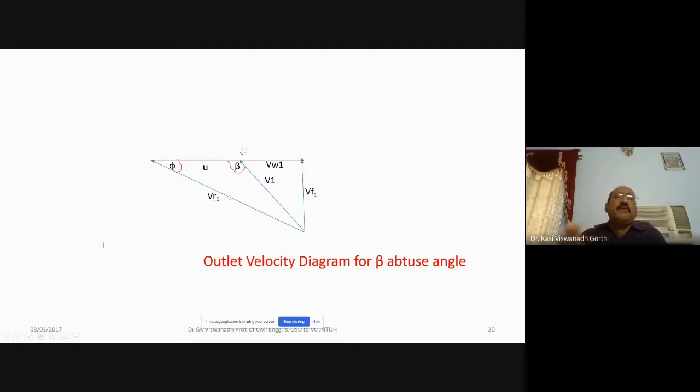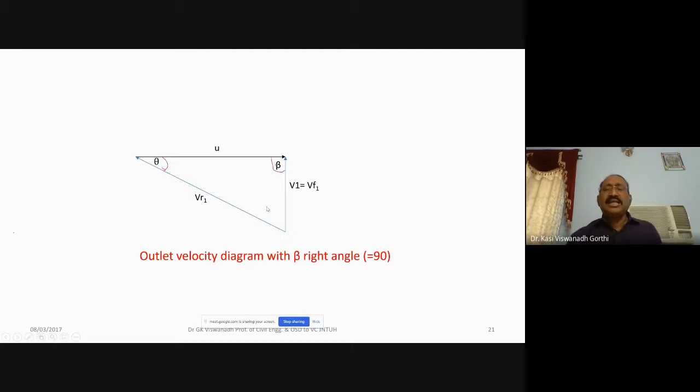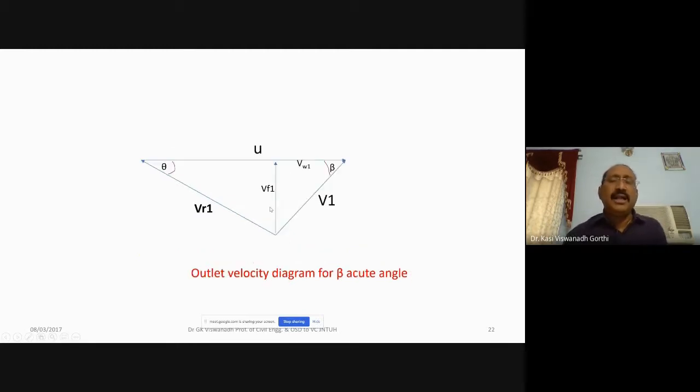Some of the textbooks, to avoid any confusion, don't take this value as beta. They may take this included angle as beta. Accordingly, obtuse and acute angles would be reversed. So please note that point also, because you may be referring to several textbooks, but you should not get confused with all these three. Here, how is this possible?